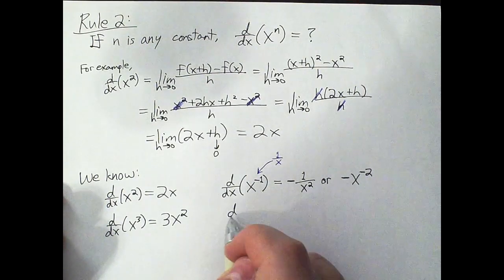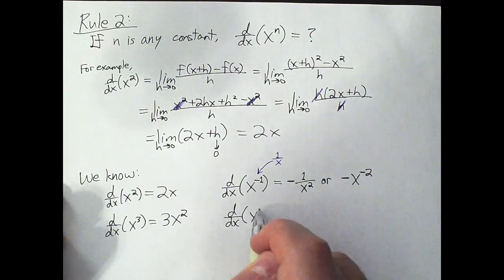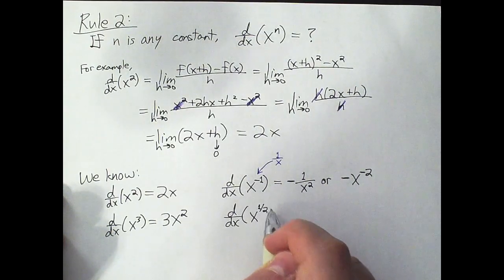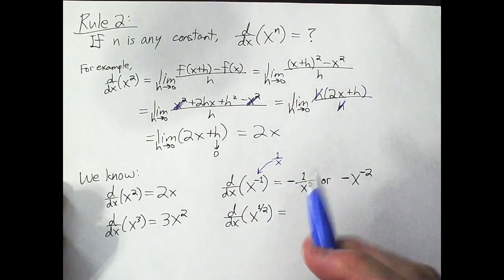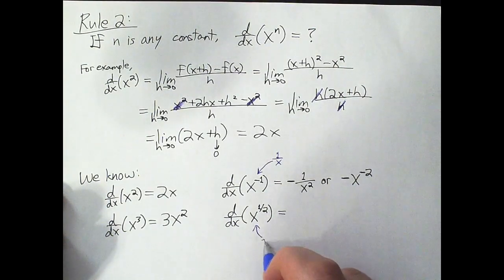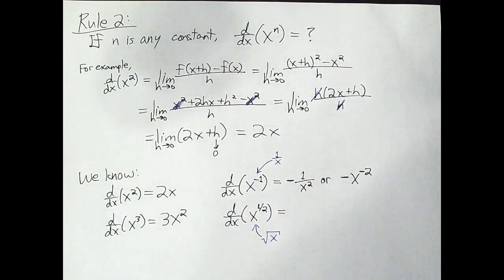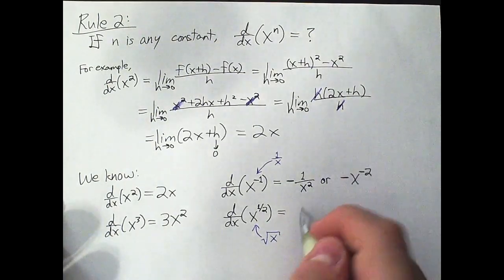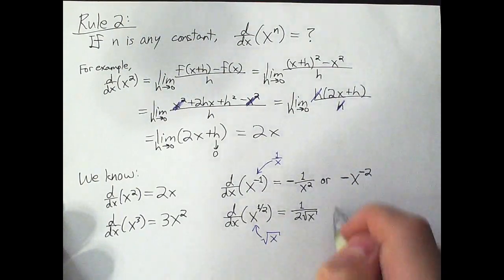We also did one more. Do you remember that we did the derivative of x to the 1/2? I think when we did this, the problem was not phrased this way. I think that the problem was phrased as find the derivative of the square root of x. But the square root of x is the same as x to the 1/2. And when we did this, we found an answer of 1 over 2 square root of x. Or,